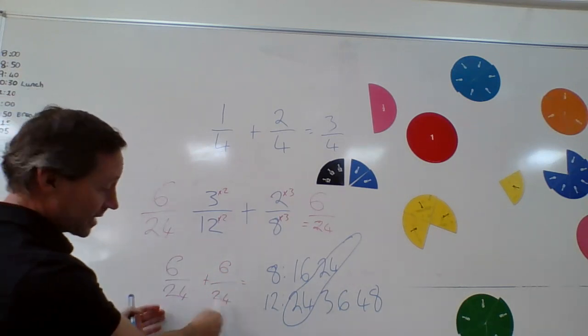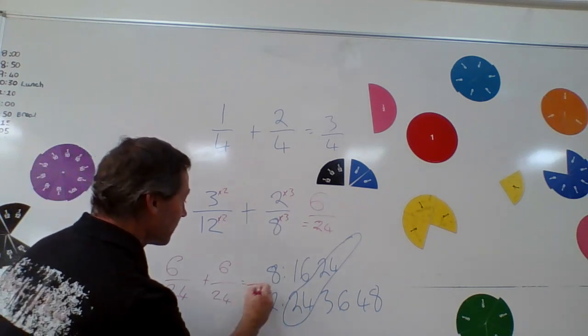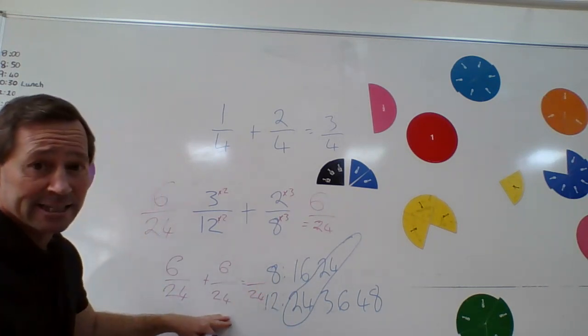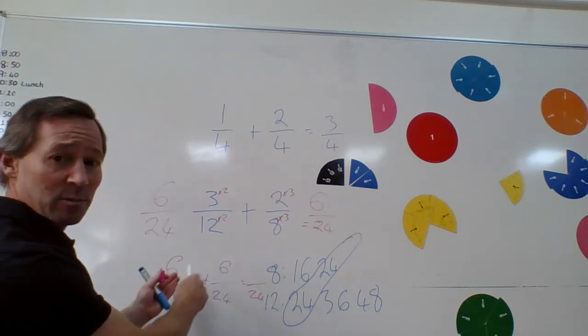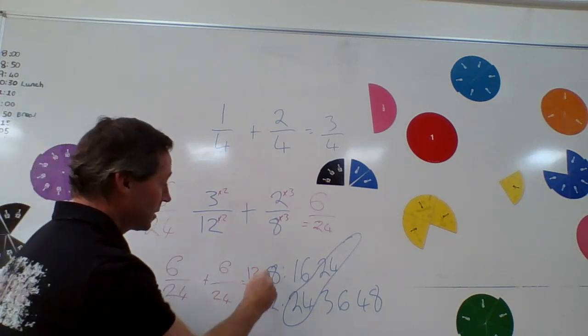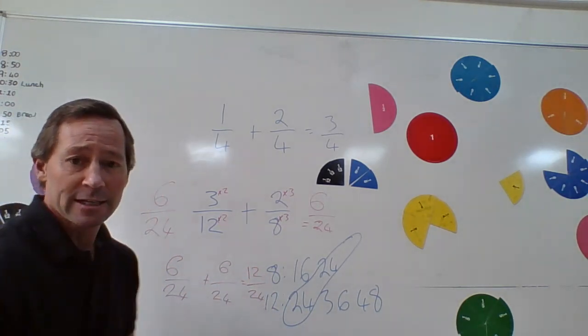And these are the same denominators, so I keep them the same. And because they're the same denominators, I can just add across. 6 plus 6 is 12. Now 12 out of 24 is correct. However,